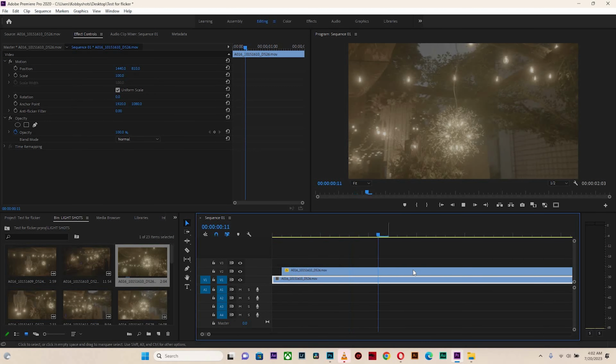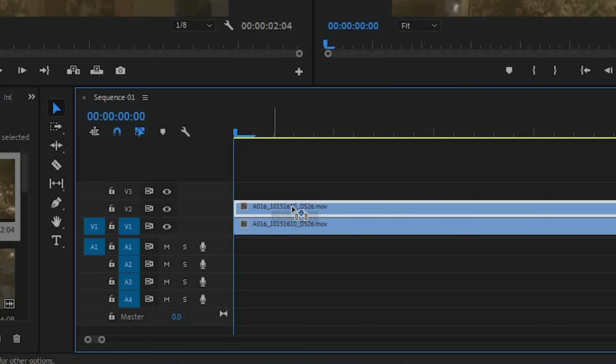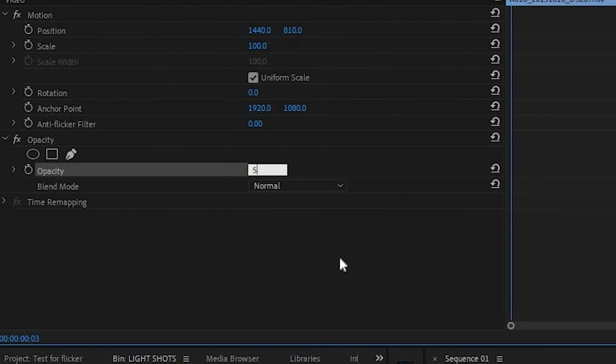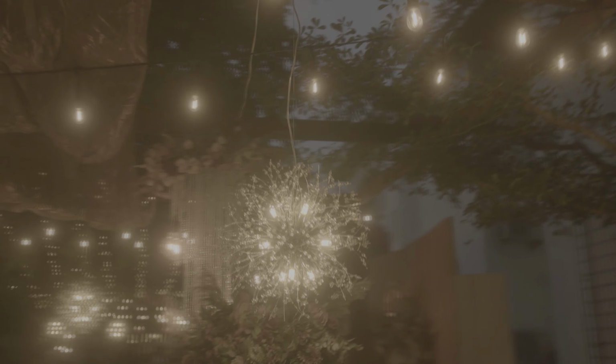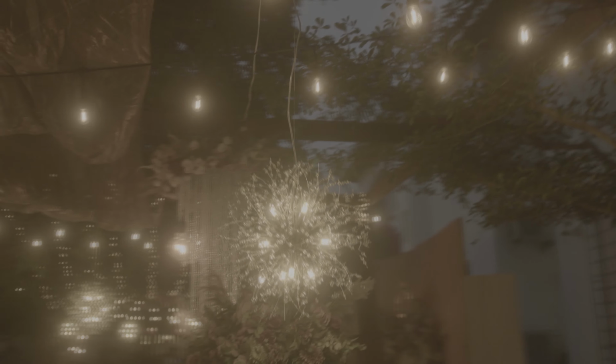And with the duplicated clip that's placed on top, ensure that you shift it just one frame off to the right and reduce its opacity to 50. And play it back, and you're going to realize that the issue is fixed. If you realize it's not fixed, then probably it was because the flickering issue was really intense and severe. You can always mostly solve this issue,